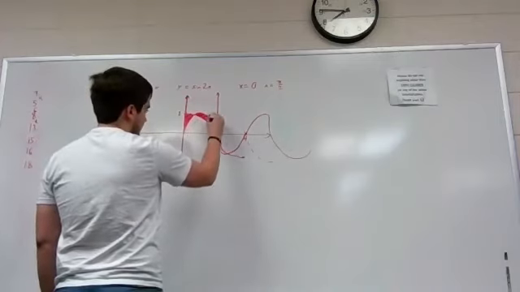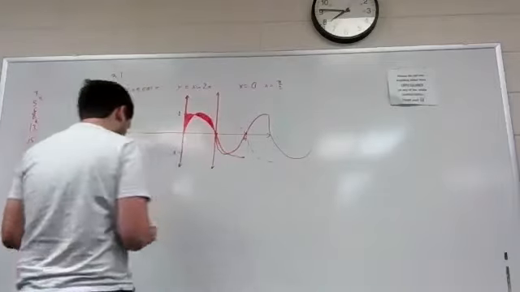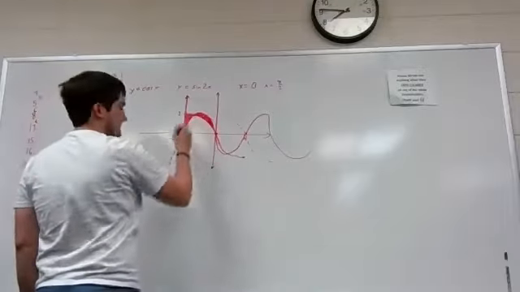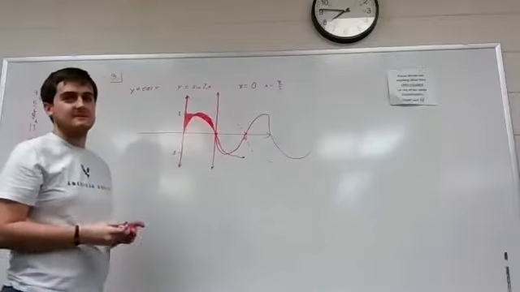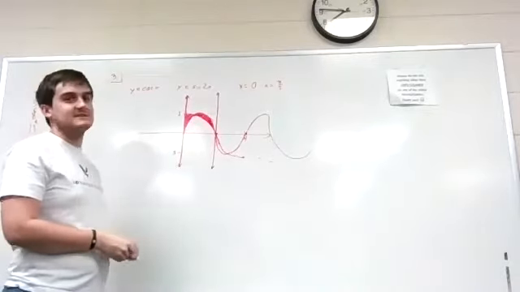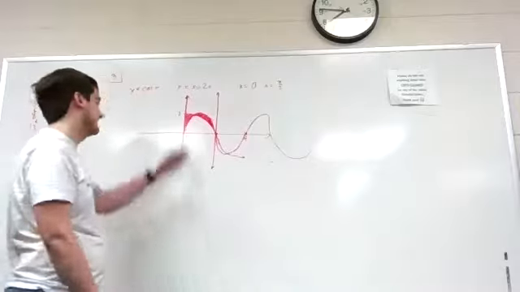Because it's 0, they intersect with each other at pi over 2. Okay. Now, does anybody know what value this is that they intersect at? If not, it's okay, we're gonna solve for it, but it's a little hard to guess, right? I can't just look at that and be like, oh, it's